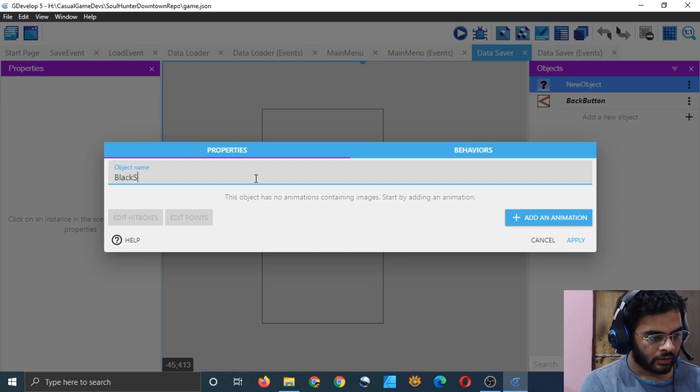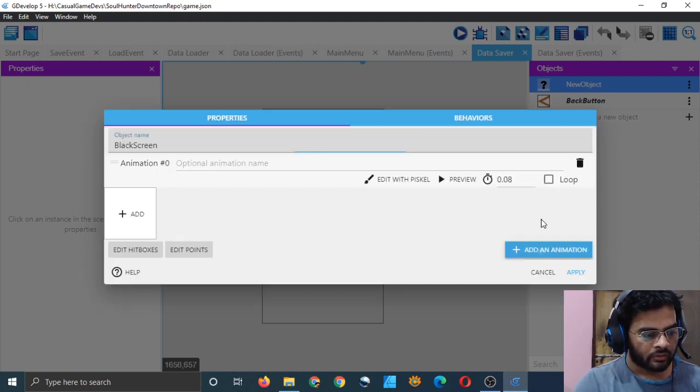Black screen, black screen, default, edit with Pascal.